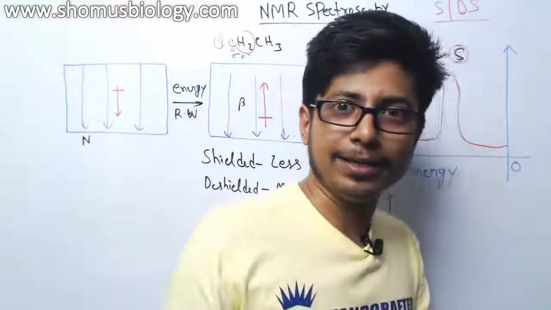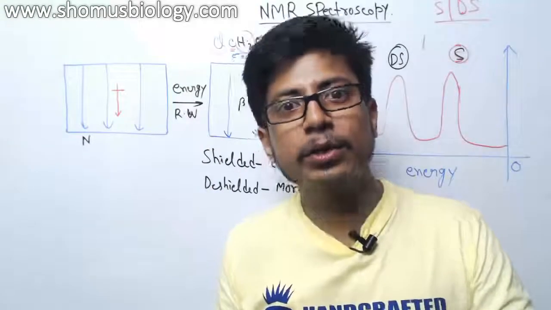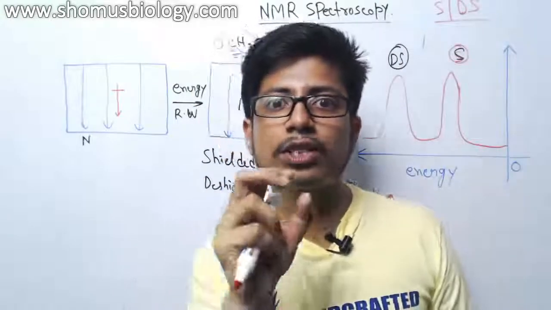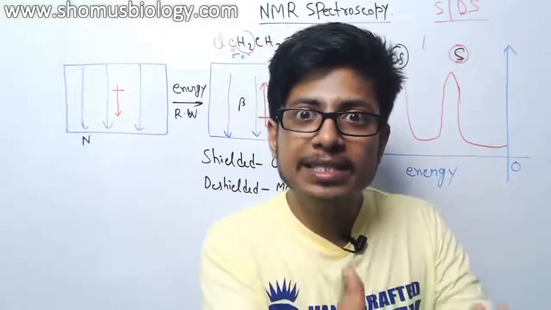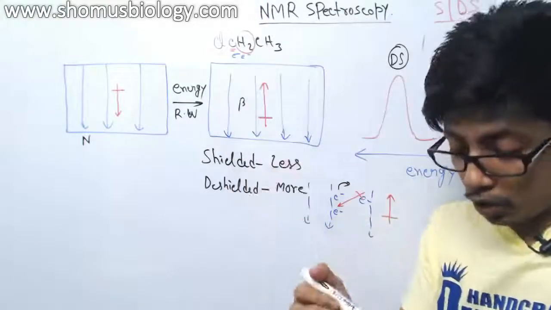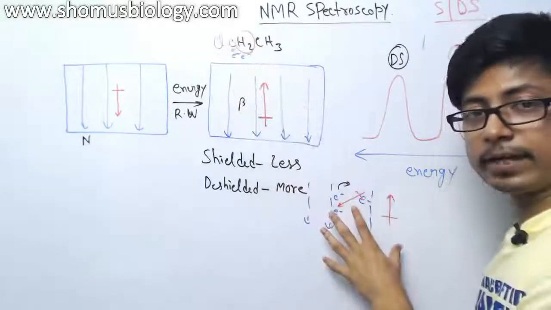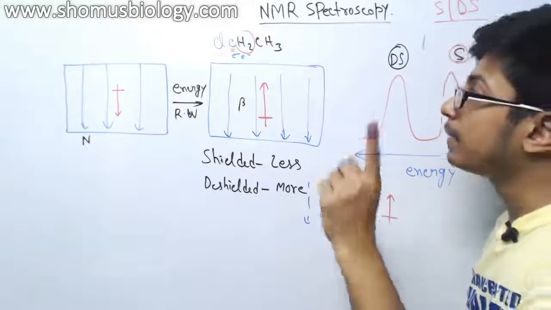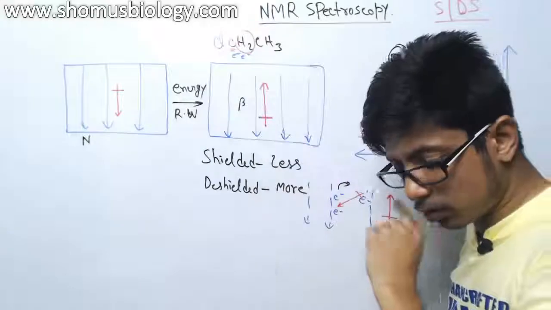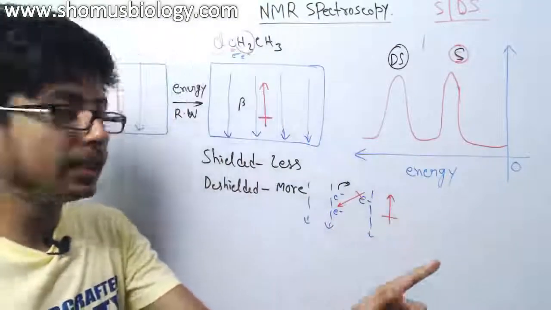What does that mean? Chlorine has higher electronegativity. And what does electronegativity do? Electronegativity means chlorine has an affinity towards electrons, so it will take all those electrons towards itself from the carbon. So now the idea: electrons are surrounding this hydrogen, masking the effect of the magnetic field. But as chlorine is present very near to the carbon, it is dragging electrons towards itself due to its electronegativity. As a result of that,